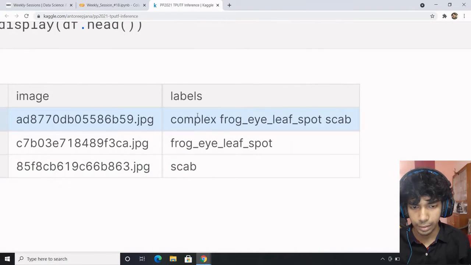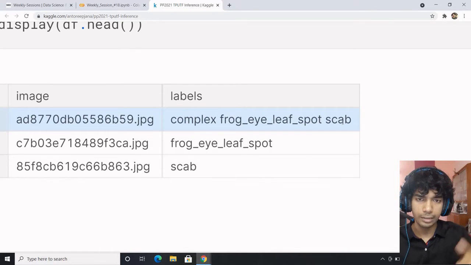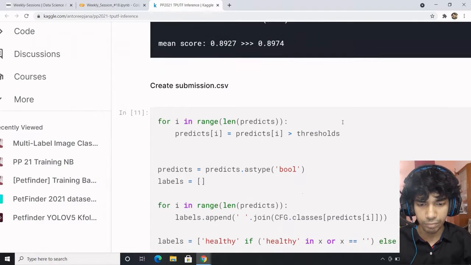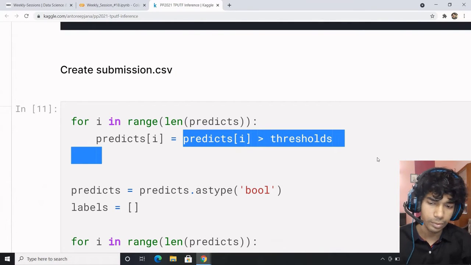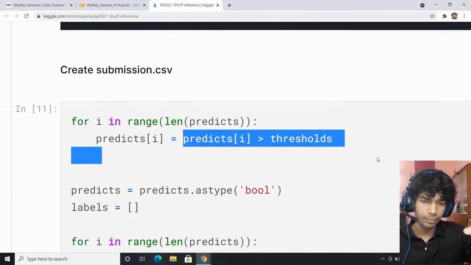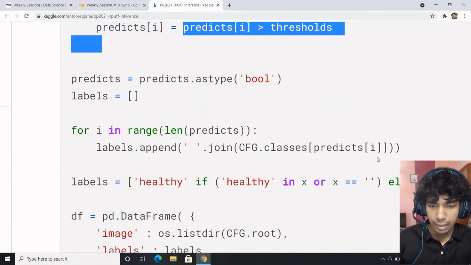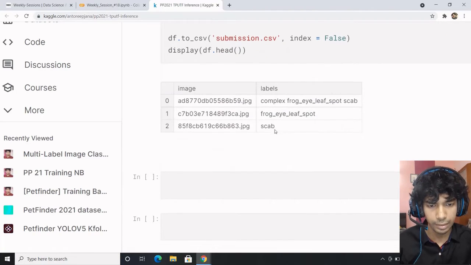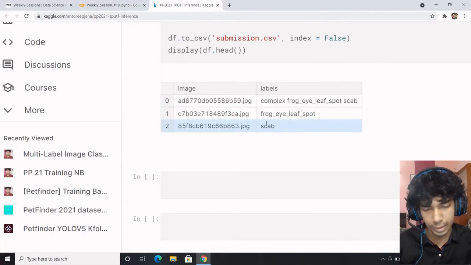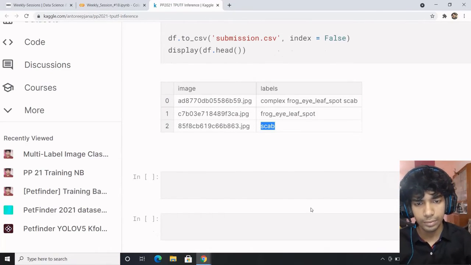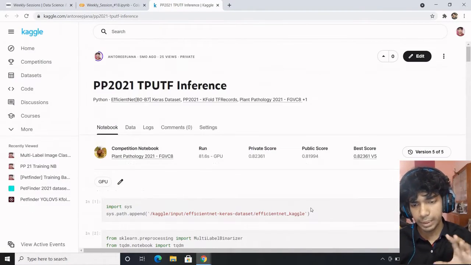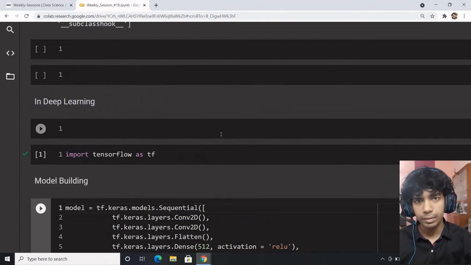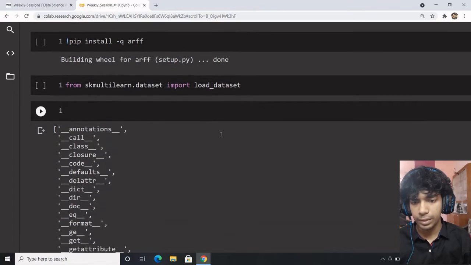So this is what you'll be getting. This is the first label, this is the second label. This is how you're going to make this happen. So if predicts i is greater than the threshold, you keep that, else it would be marked as 0. So if it is 0, it would be a healthy leaf. If it is not, then it is a diseased leaf. What kind of disease is it? It's only a single disease. It might be no disease. Those kinds of things. So the prediction part becomes slightly complex and conflicting, but that doesn't matter.